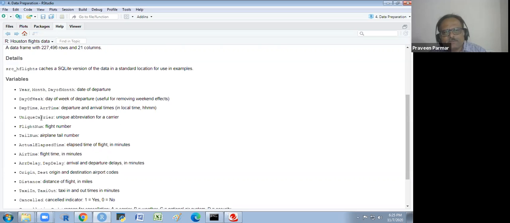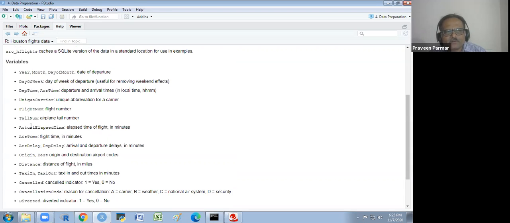Unique carrier, a unique abbreviation for a carrier, and different sorts of flights are there. Flight number, and the tail number is just like a registration number of our car. Just like it is a tail number of the flight. Actual elapsed time of flight in minutes.